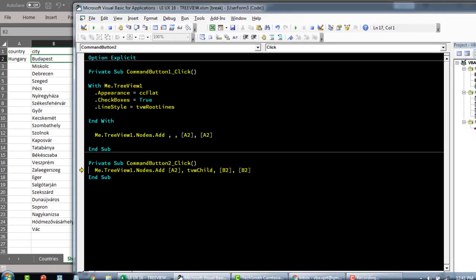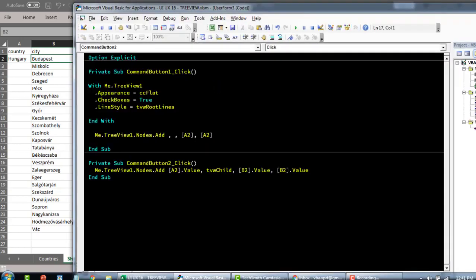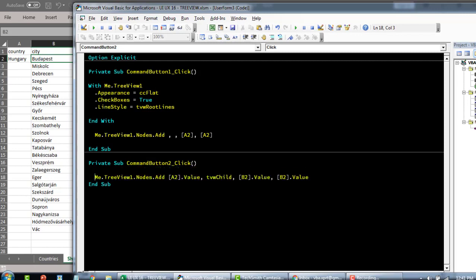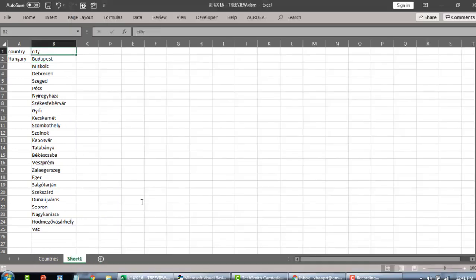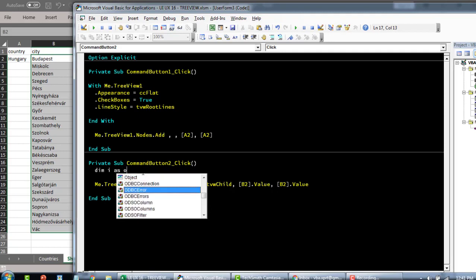Child. Okay, just give me 1 second. Let's call this dot text, also value, maybe something like this. Okay, maybe that was it. So here's the parent node, and here's the child node. Let's loop through and then add this instead of, let's say, 2 to 25. Okay, so we'll quickly see dim, just quickly loop through